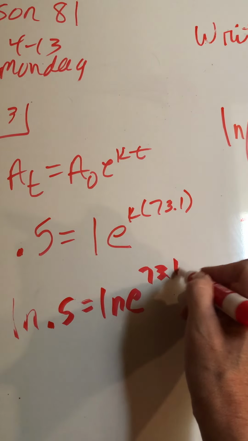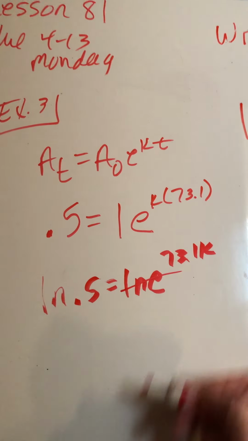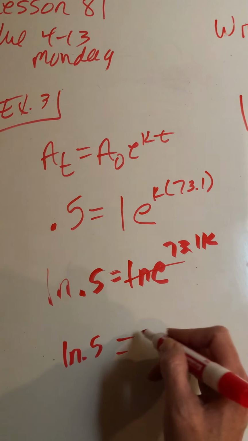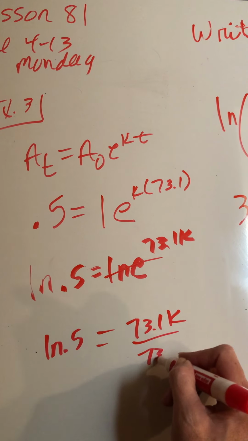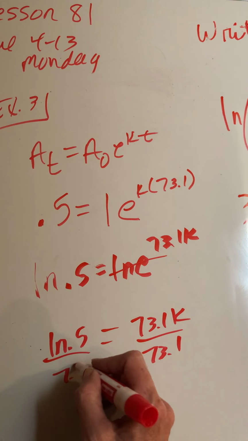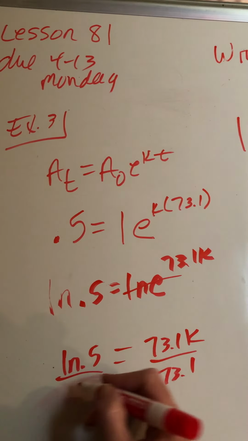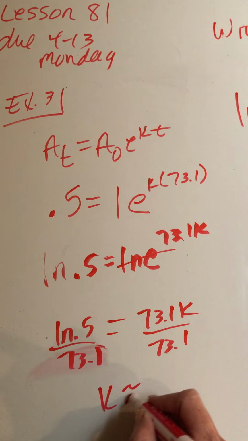That is not new. And again, they cancel out. So right now I'm left with ln 0.5 equals 73.1k, and then I divide by 73.1. So then k is about